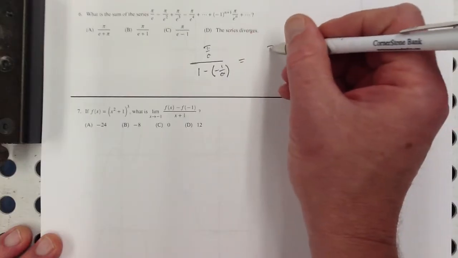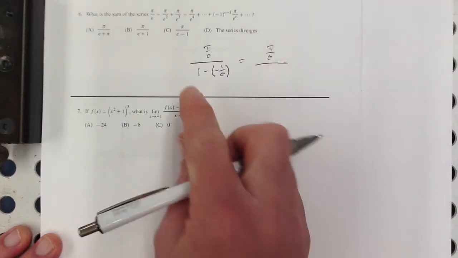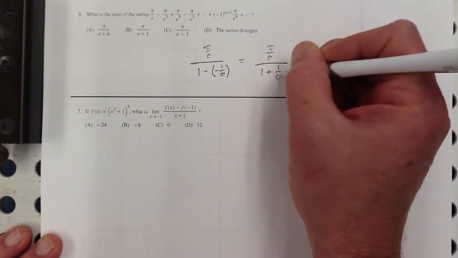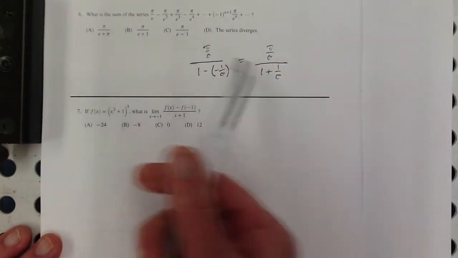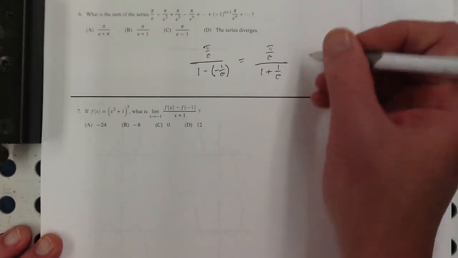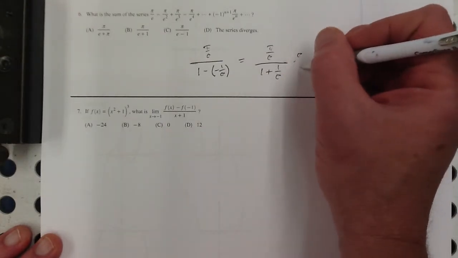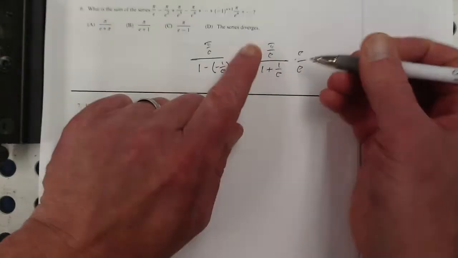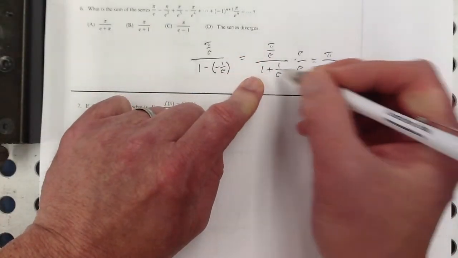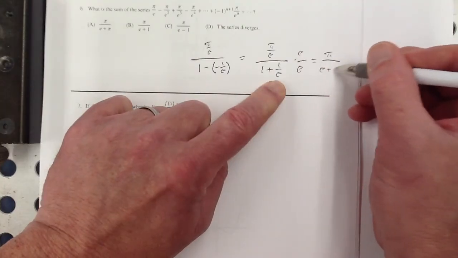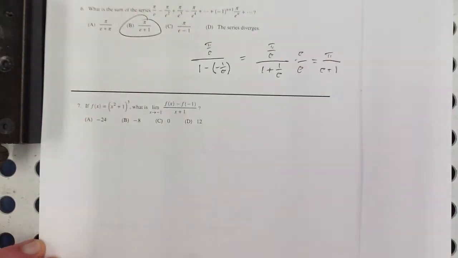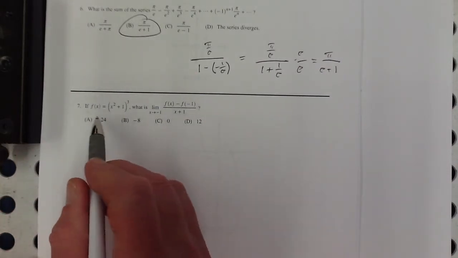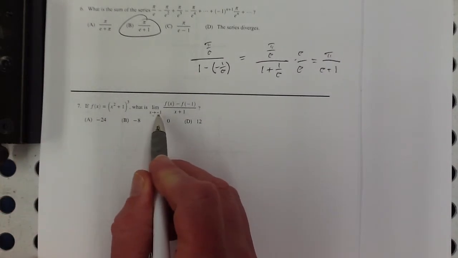So that's pi over e over 1 plus 1 over e. They don't have any complex fraction options, so I have to do a little simplifying. Multiply by e over e to get rid of these denominators, and I get pi over e plus 1, which is answer choice B. Number 7, if f of x is this, then what's the limit as x approaches negative